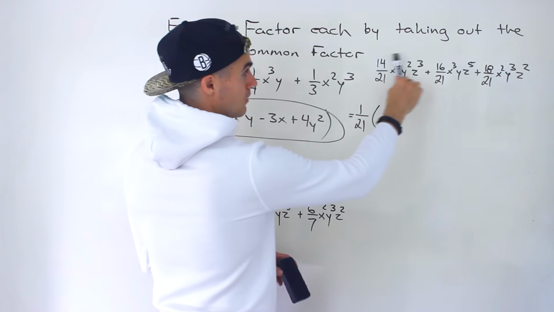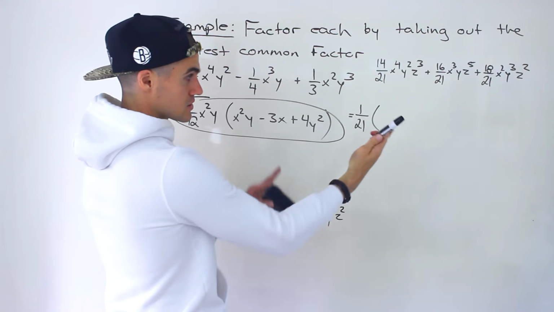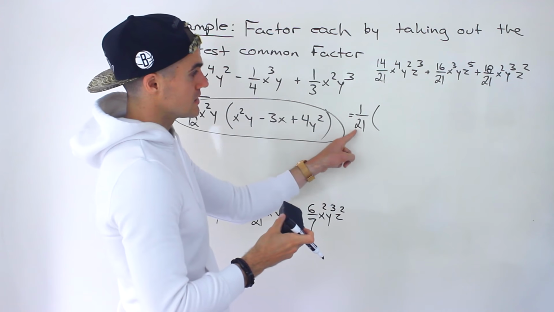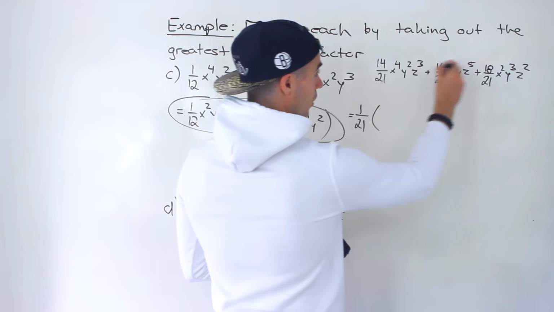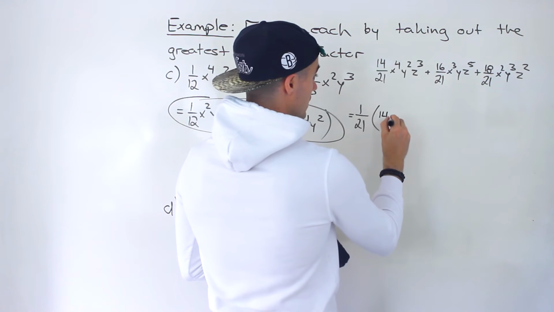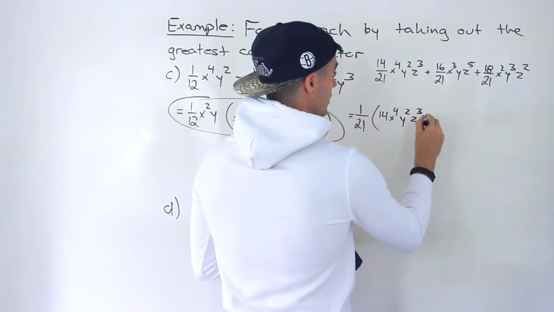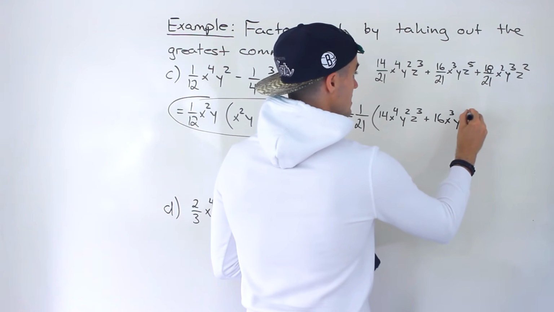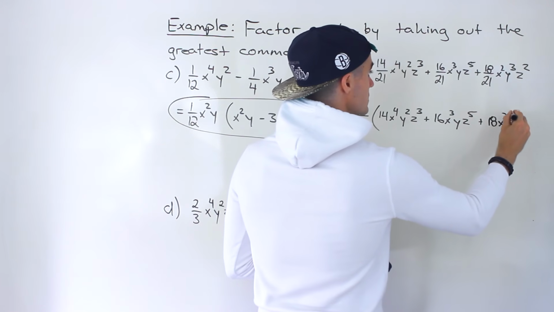Don't worry about taking out a common thing with the numerators. We'll do that later, just to keep it in steps, not confuse yourself. Always just initially take out 1 over that denominator. What are we left with? All the stuff on the top. So 14x to the 4, y squared, z to the 3, plus 16x to the 3, y, z to the 5, plus 18x squared, y to the 3,